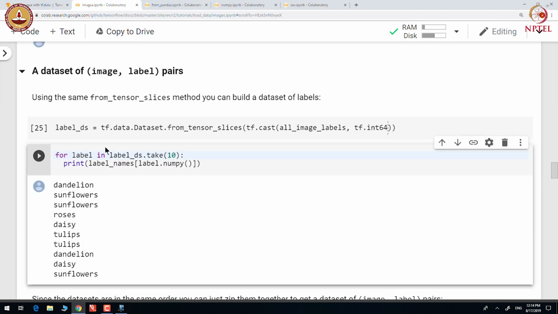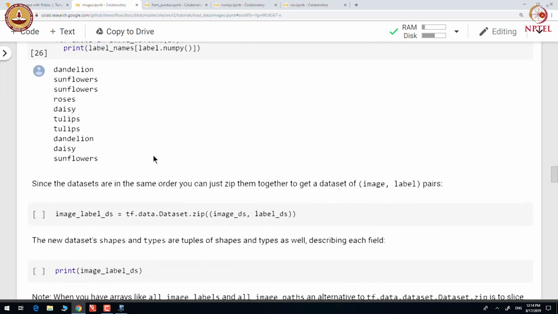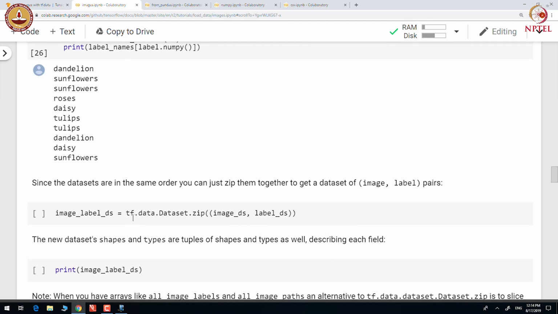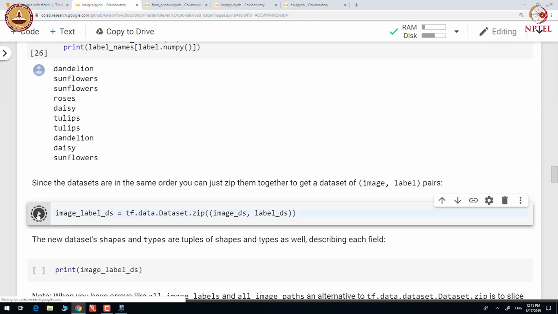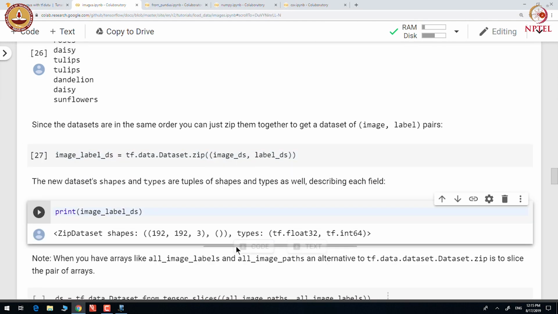We build a dataset of labels next using the from_tensor_slices function. We use dataset.zip to assign a label to each of the images. And you can see that each image is of the size 192 by 192 by 3 and each label is a scalar.